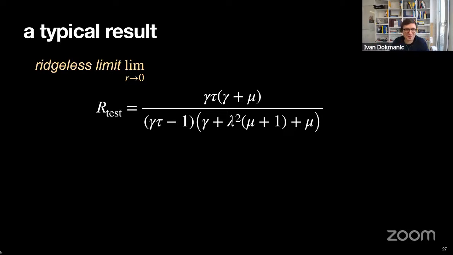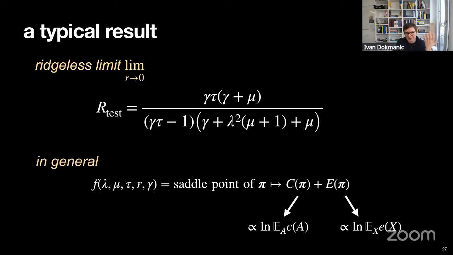Okay, it's done. So here's a typical result. A typical result has an equality sign, right? So this is not a bound. This is really an exact formula for the test risk. And as you can see, it's a relatively simple formula of the parameters of our problem: fraction of labels that we're using, oversampling ratio, SNR of the features, SNR of the graph. It's pretty great, right? Because it's just exact, it's precise.